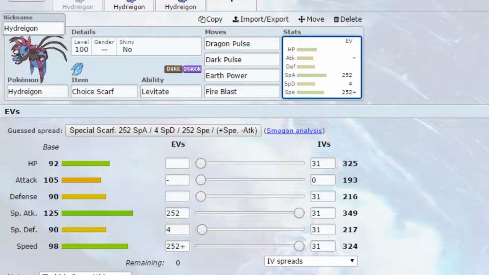I most commonly use it as a Choice Scarf just because that base speed needs a little bit more work just to outspeed a lot more Pokemon, and Hydreigon really can put in the work. You've got Levitate as your ability, so you've got an immunity to ground, which is really nice in itself. And move-wise, I've gone for Dragon Pulse, powerful STAB, Dragon type attack, Dark Pulse, powerful STAB, Dark type attack,